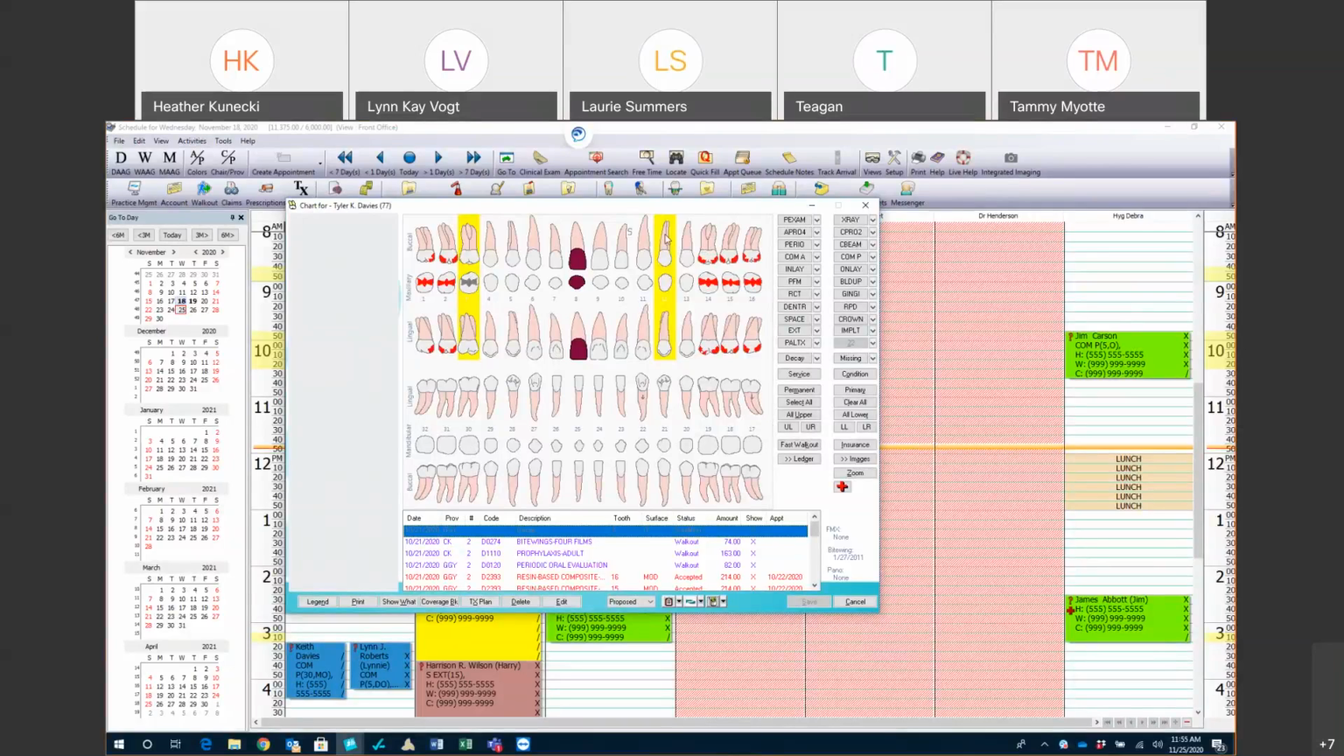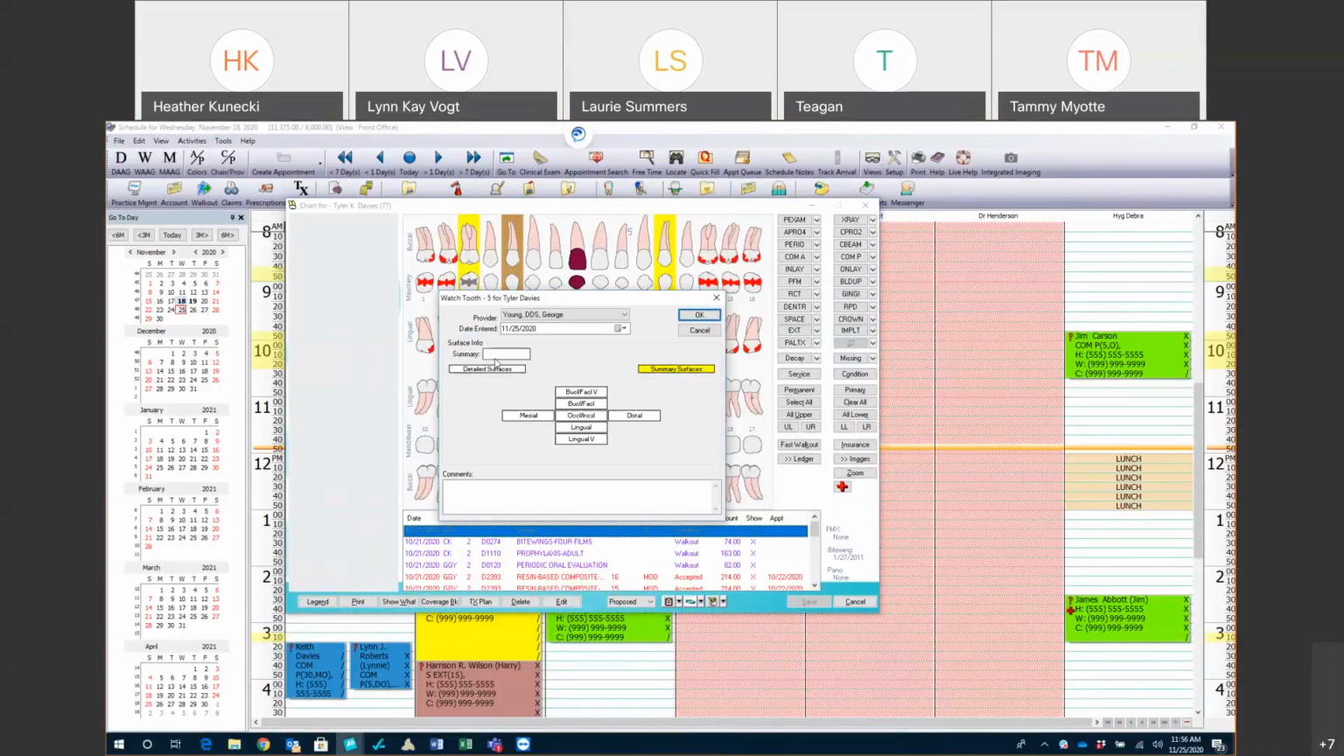I did not touch base on these watches, I don't think, so I'm going to do that. These yellow boxes on these teeth are what's called a watch. If I highlight a tooth and right click, there's an option called Add Watch. Notice I have my summary surfaces. I can choose what I'm watching, the date, the comments,